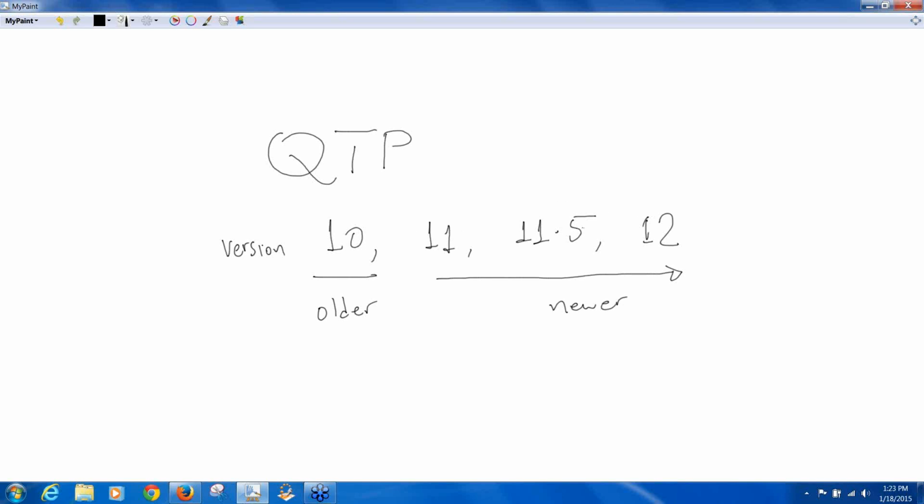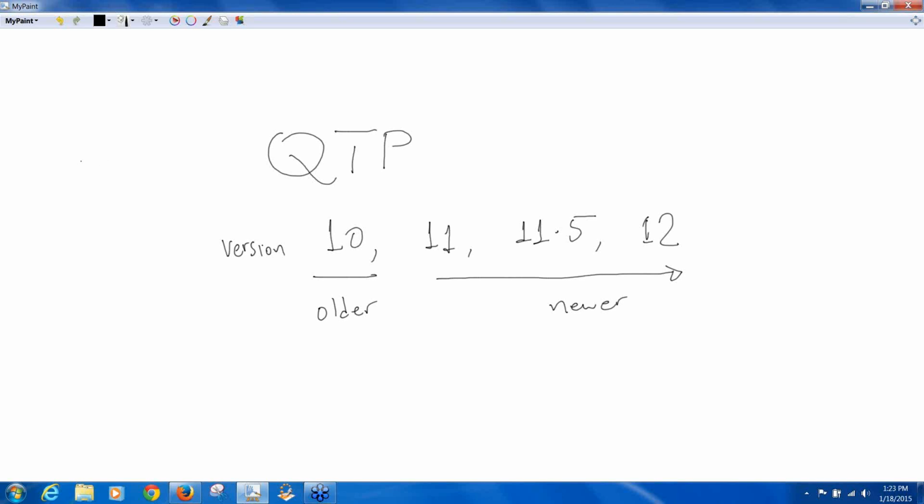The difference between 11, 11.5, and 12 is not much. Basically, they were trying to fix some bugs, and then they added some patches and stuff like that. Minor changes as far as the features are concerned. So we're going to be dealing with the latest one, so I will be showing you everything about 12, but we will also be dealing with 10. Now, some of you have this question like, why in the world are you teaching us 10? Well, the answer to that is